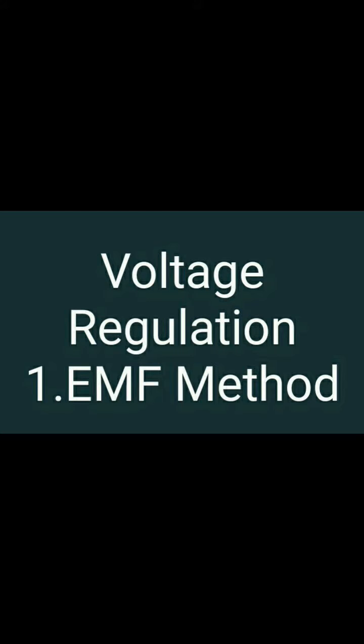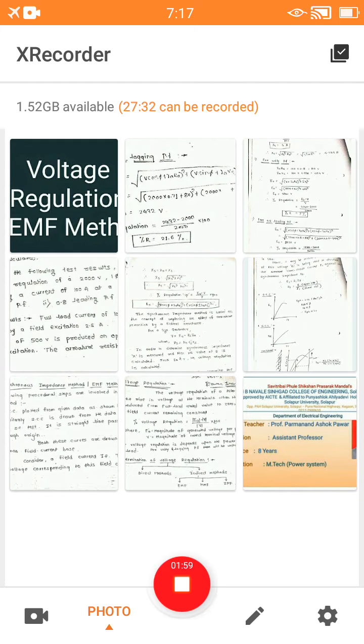But in concern with a motor, the motor has a mechanical output, that is the mechanical power, which is given by the product of torque and speed. So in concern with a motor, we can calculate the value of speed regulation, but in concern with the generator, that is the synchronous generator or alternator, we deal with the voltage regulation. Today we are seeing the first method, called the EMF method for finding out the voltage regulation. So we'll start to discuss the voltage regulation of an alternator.